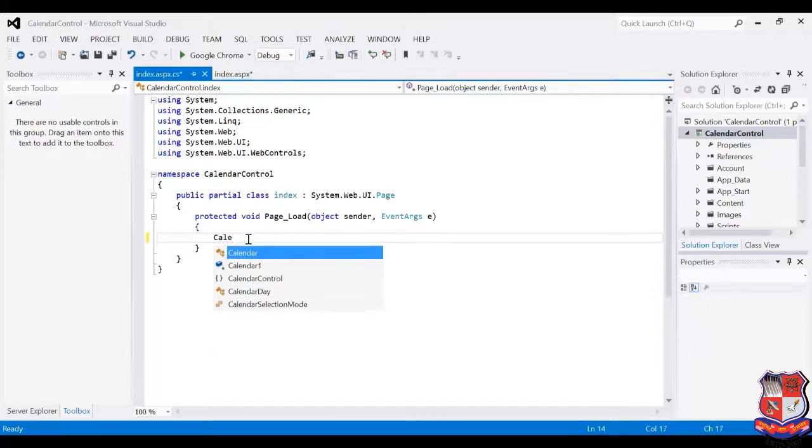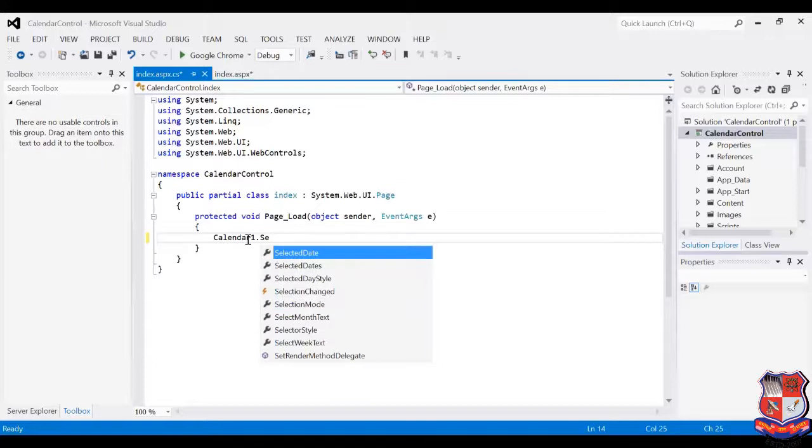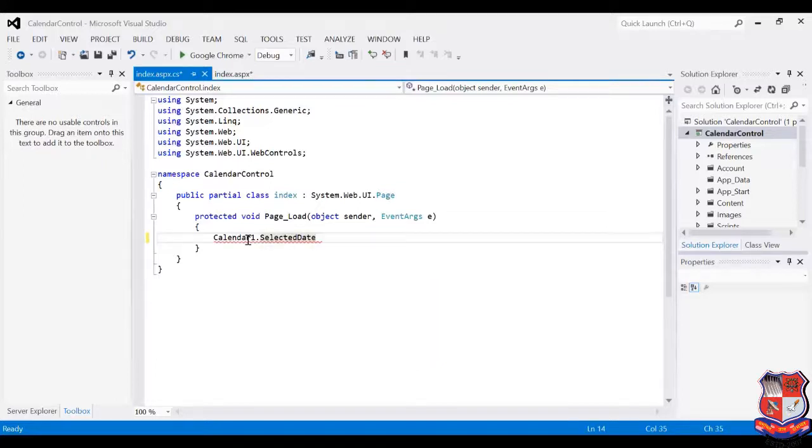Our control name is Calendar1. Calendar1.SelectedDate equals DateTime.Now. I'm writing this code to display today's date and time in our text box. Now we have selected today's date in our calendar control, and we have to display that selected date in our text box.